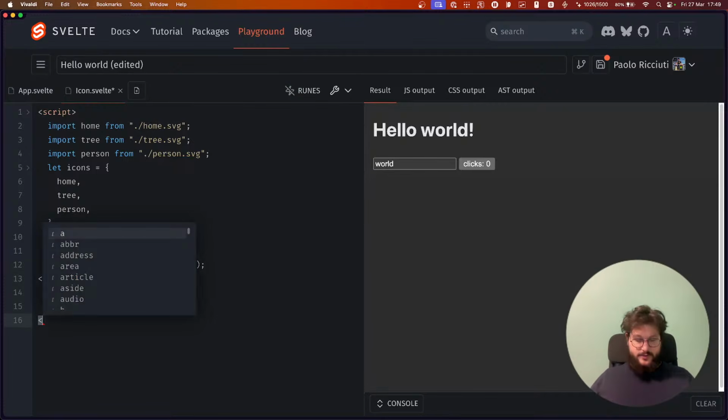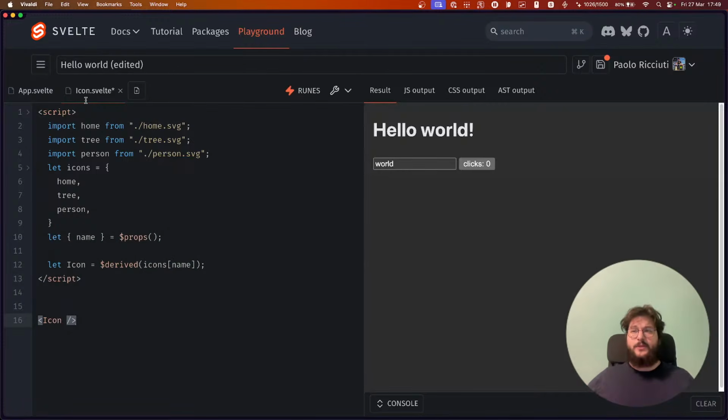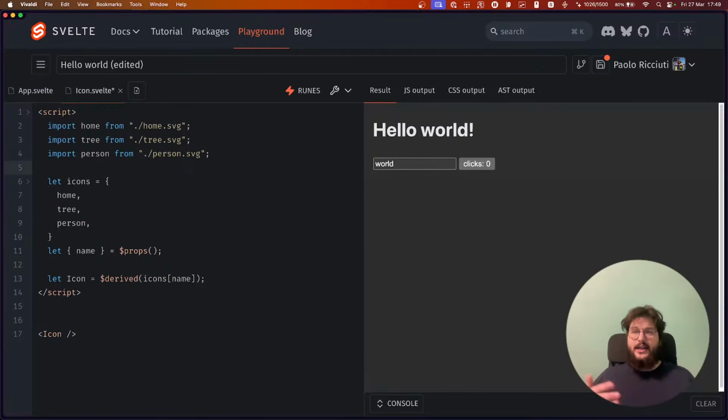And then I can do this, and this will basically give me a component where I can say icon name equal to home, icon name equal to 3, icon name equal to person, and that will give me the right icon.